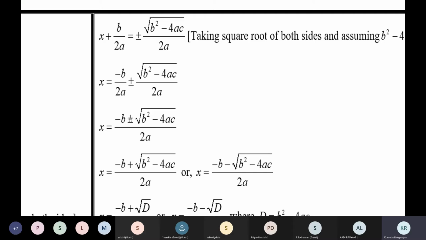So when we are in this class, we should assume that we are learning it for the first time. You've already learned it in school, so yeah. So x is equal to minus b plus or minus root of b square minus 4ac by 2a. Now here we assume that b square minus 4ac is not negative, because there doesn't exist the square root of a negative number. The square root of a negative number is a complex number. It's not a real number. It's an imaginary number.